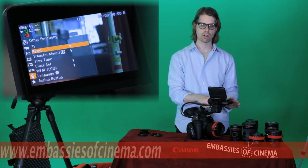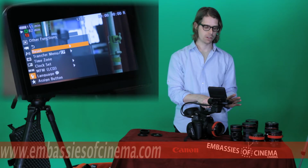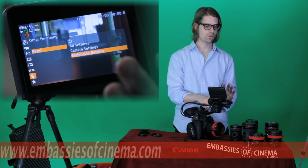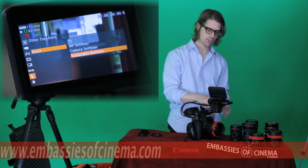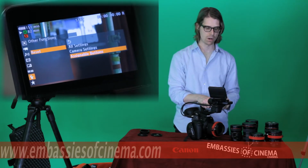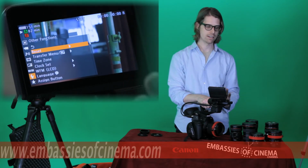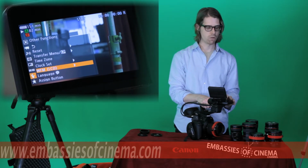Reset, if anything goes wrong with your camera, or if you have settings that you don't like, you don't know how they got this way, everything's just a little too confusing, you can always go to reset all your settings, just your camera settings, or you can just reset your assignable buttons, of which there are, I believe, 13 user assignable buttons on the camera. No, I'm sorry, there are 15 user assignable buttons on the camera. If you just want to reset everything back to your factory default, you can come in here and reset and it'll go back. So down below we have time zone, clock set, your waveform, what that's going to look like on your LCD,